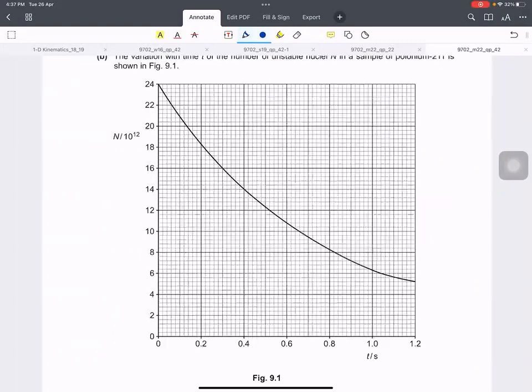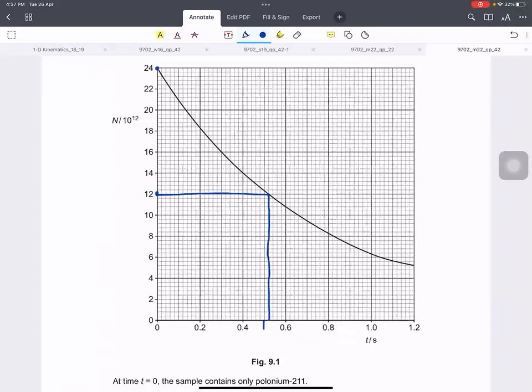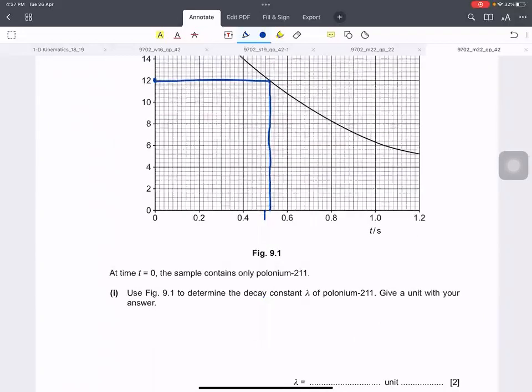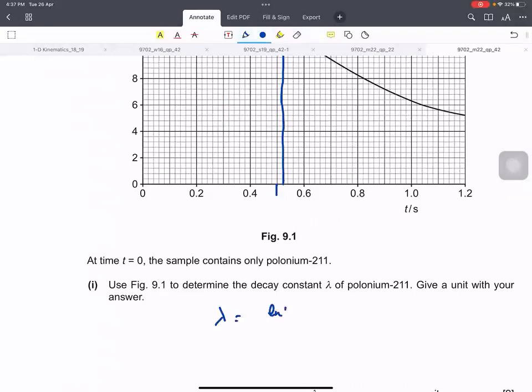24 to 12. Go here. Go here. And that's your half-life. So that I think is 0.52. 0.52 आ रही है ना? जी. So lambda equals ln2 over 0.52. And the answer is